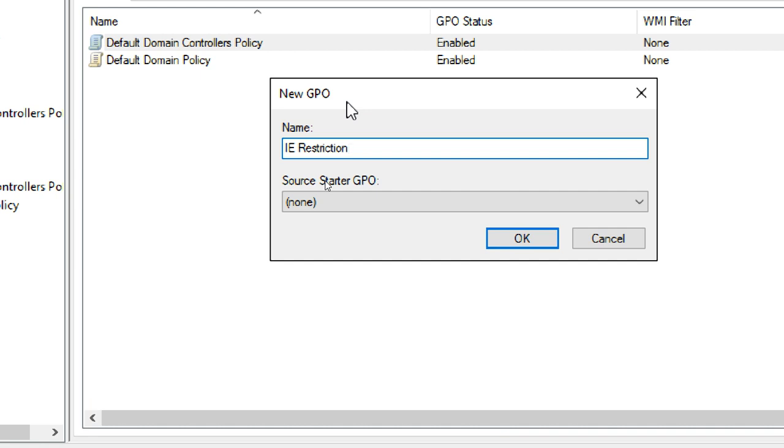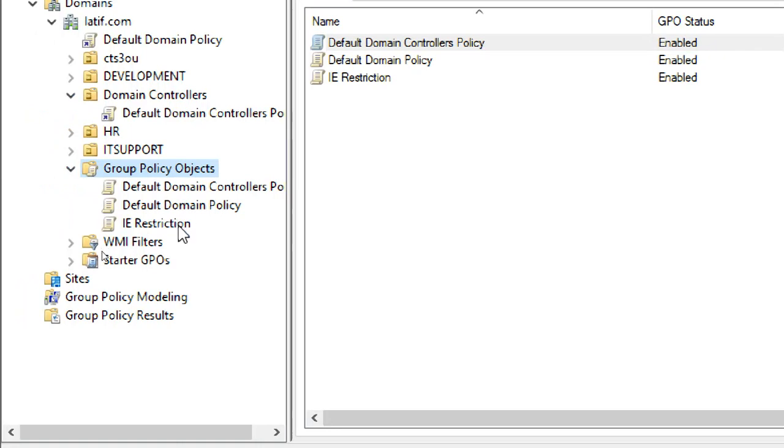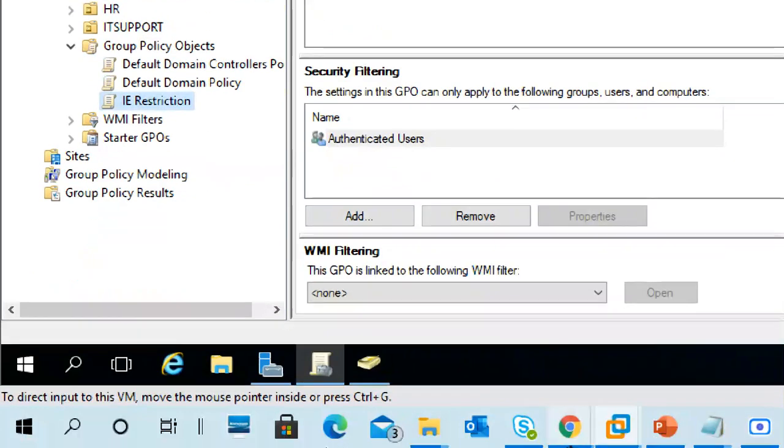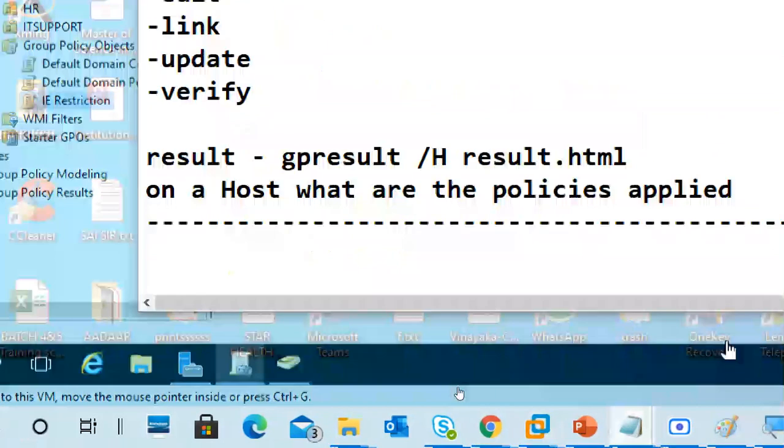The name always indicates what settings are contained here. In one single policy we can do multiple settings also. So I gave a name and created a policy. What is the next step? Edit the policy, yes, very good.